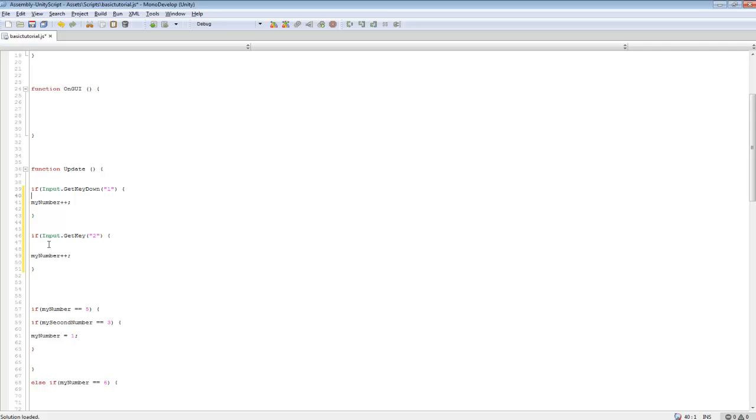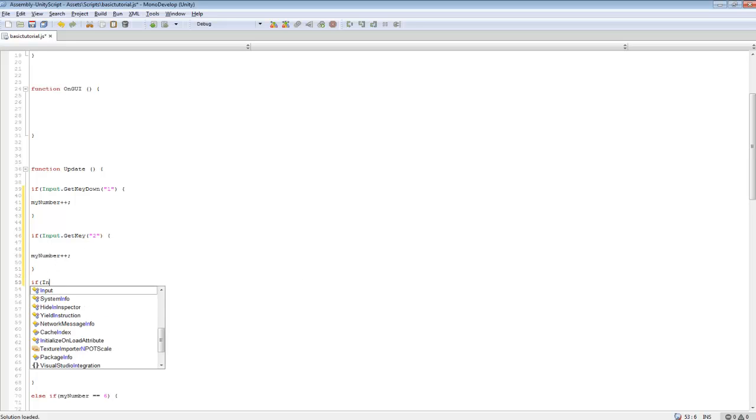So this is good for rapid fire. If you're playing a game and when they hold down the space bar or something, it's constantly firing, that would be used for that. This would be used for calling one thing at a time. So if you're pressing down a macro button or something like that to activate a spell, you might want to use that one. And there's another one for input dot,